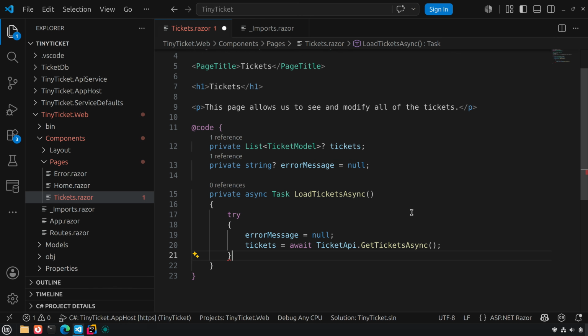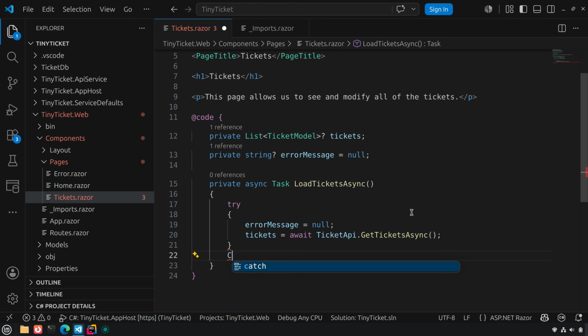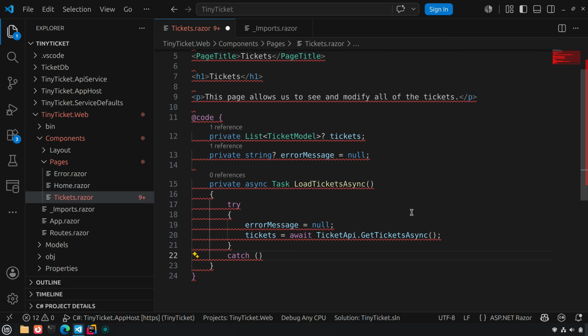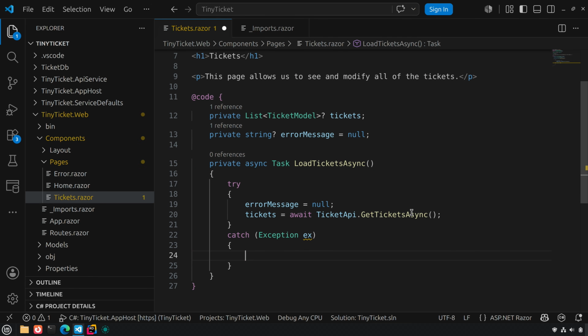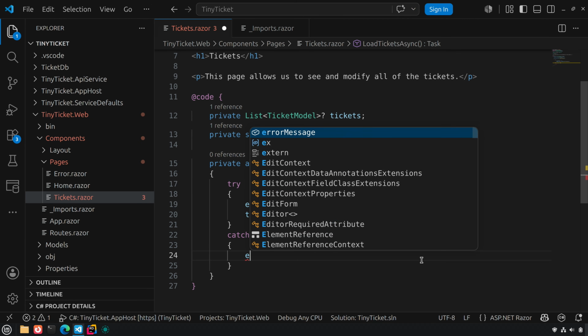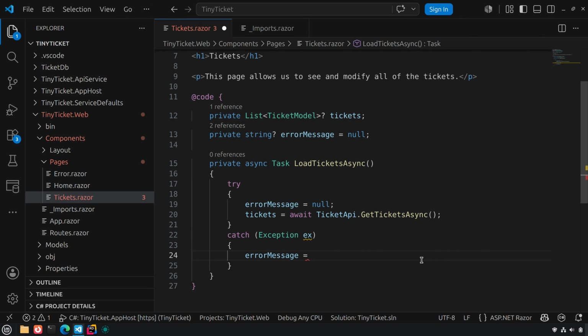And then for our catch, we're going to catch our exception ex. If you don't know, you can catch different exceptions to have multiple catches, but we're just going to catch the one generic one. We'll catch every exception. So we can say errorMessage equals string interpolation, Failed to load tickets,